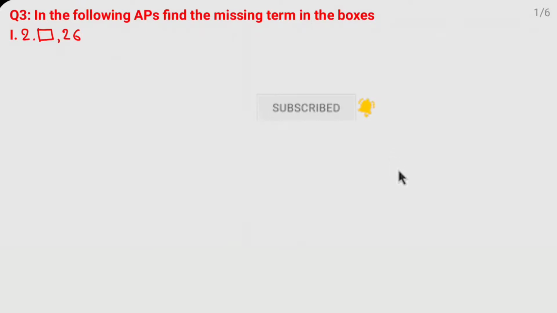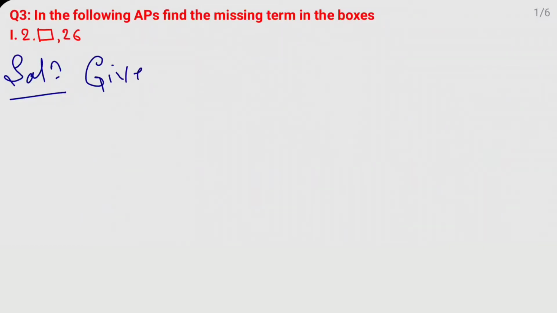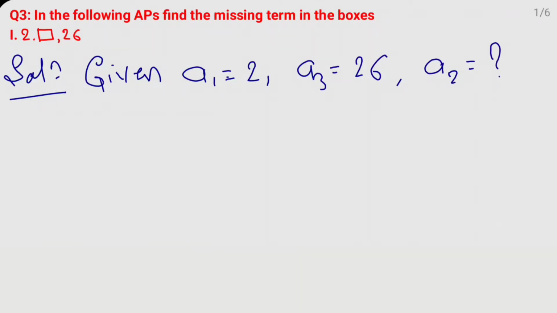So write down given here, solution. Given the first term a1 is 2 and also the given a3 is 26, and here the missing term is a2. Here we want to find out a2. Is it clear? And we know that